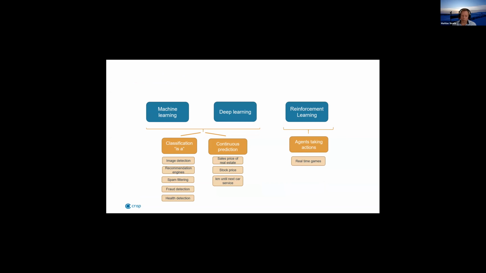Reinforcement learning is where you have real-time games and also another version of a recommendation engine. The difference between the recommendation engine in the classification case and the reinforcement case is that in the latter, the reinforcement engine would make the decision of what to recommend based on your latest action. So if you pull something into the shopping cart and take it away, and you repeat this pattern, the reinforcement engine would discover this and say, maybe this guy doesn't know what to buy. So maybe we should give him a recommendation based on general purchases.